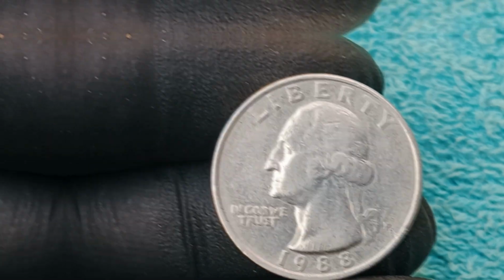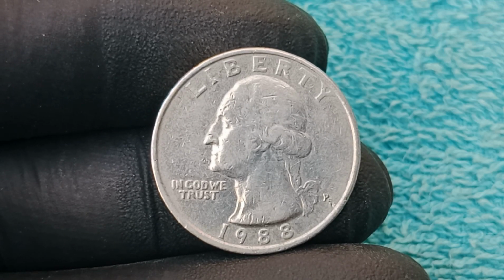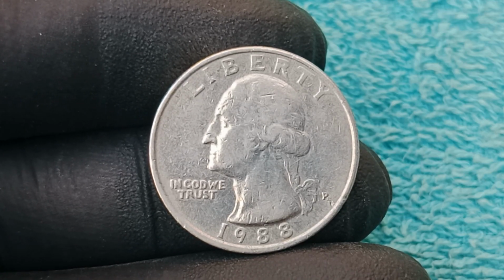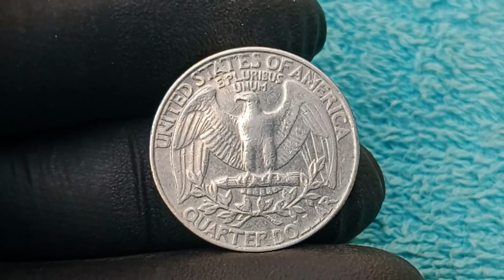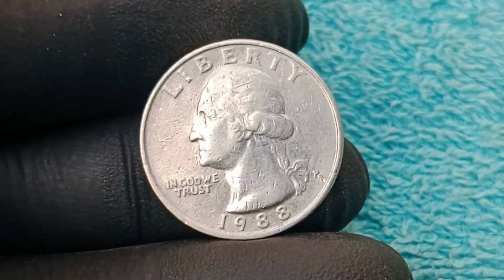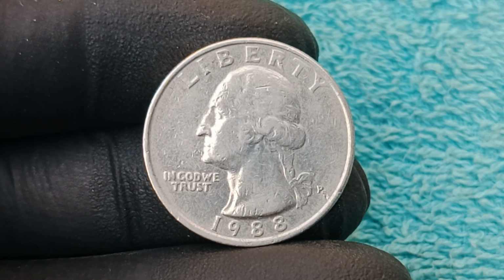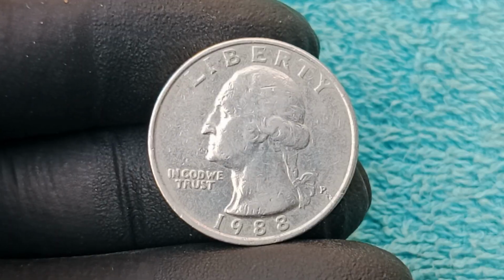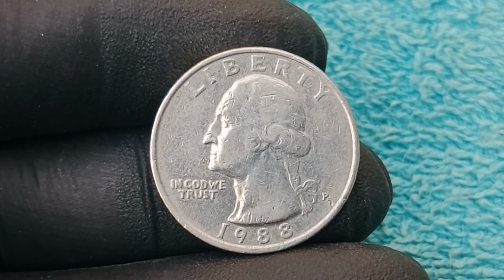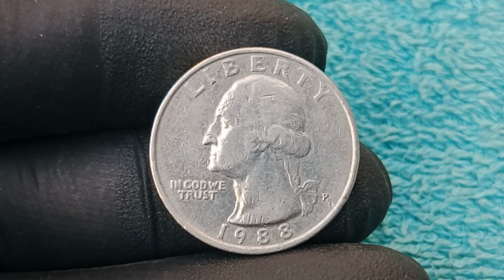Market trends further illuminate why the 1988 P quarter has reached a valuation of $48 million. As more collectors enter the field, competition for verified error coins intensifies, driving prices higher with each transaction. The coin's historical significance, coupled with limited supply and growing public fascination with rare mint mistakes, has created a perfect storm for value appreciation, and this trend is mirrored in other high-profile coins, but the 1988 P quarter stands out because of the combination of multiple errors, impeccable condition, and a story that resonates with both casual coin enthusiasts and